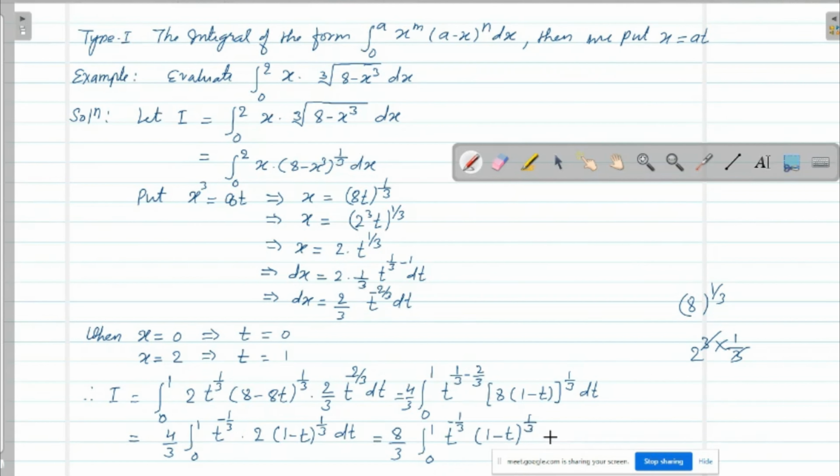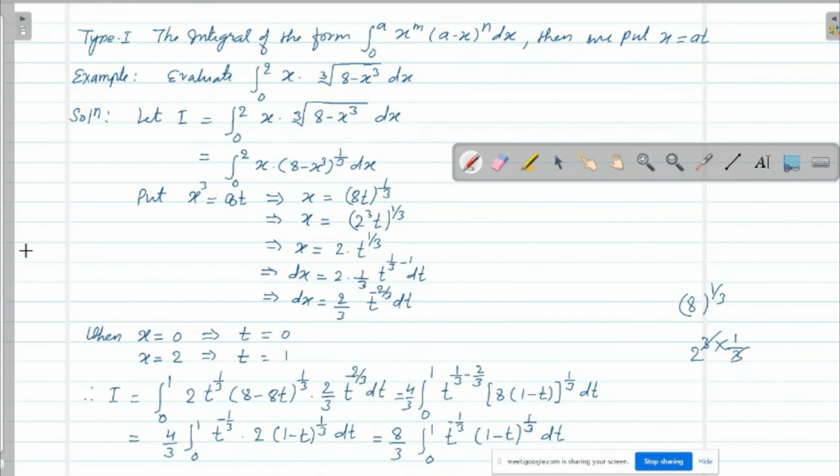Now come to the definition of beta function. We want here m minus 1. Let us move to the next page, then you will understand it better. So we write I equal to, just copy the previous one, 8 by 3